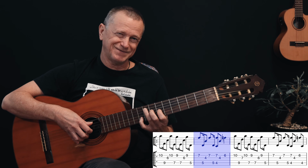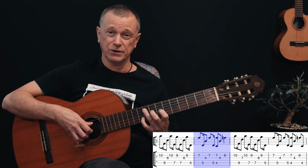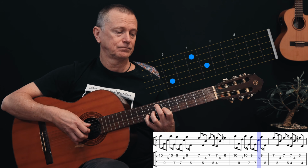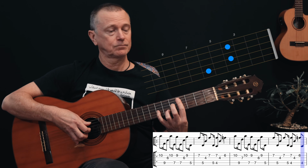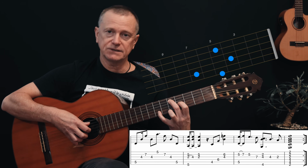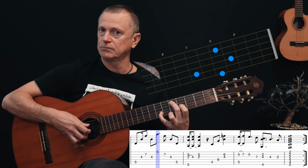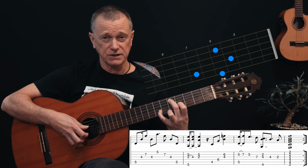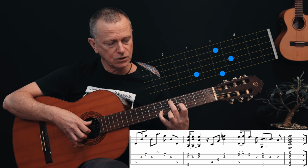Then we're back up to a very slightly different shape. So our note has moved up 1 fret on the G string. That's the only difference. Then we move to this chord here that is really quite tricky. Now, if you can't get your fingers around that, do not despair, because if you play this note, which